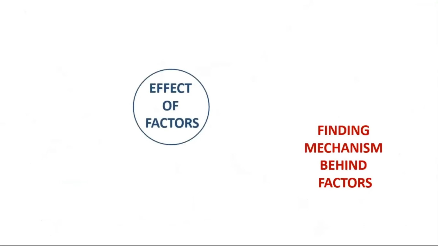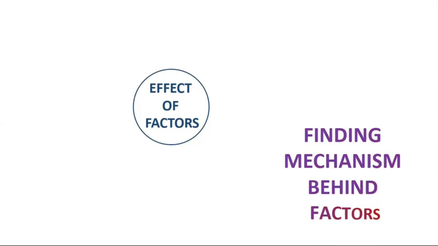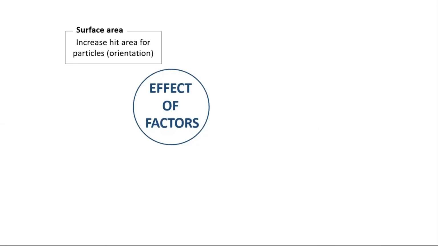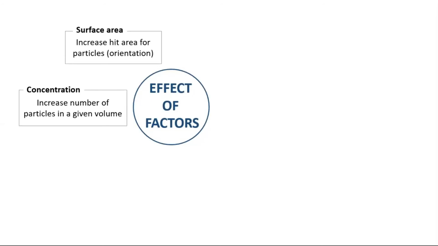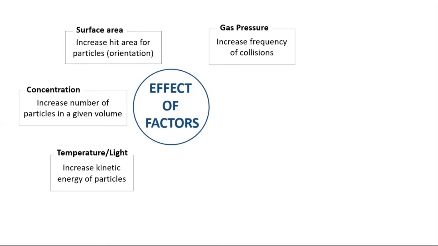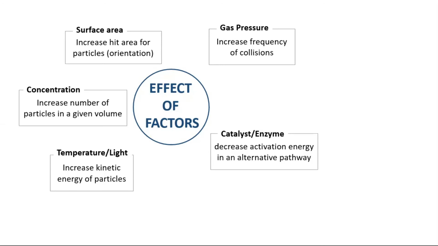Let's dig deep into the factors and find why they are increasing rate of reaction. Increasing surface area increases the reactive area for particles, that is related with the orientation. Increasing concentration actually increases the number of particles in a given volume, therefore increases number of collisions. Rising temperature or light increases the kinetic energy of particles and helps them to overcome the activation energy barrier. Applying gas pressure ultimately increases the concentration, therefore frequency of collisions. Catalysts or enzymes, however, do this by providing an alternative pathway. In this new pathway, the activation energy is lower than the previous one. So particles can easily overcome this new barrier and make a